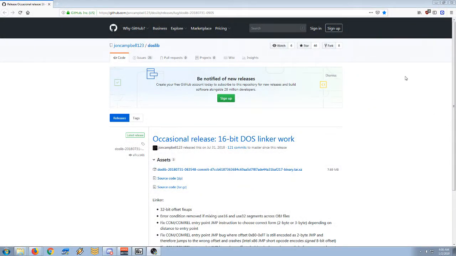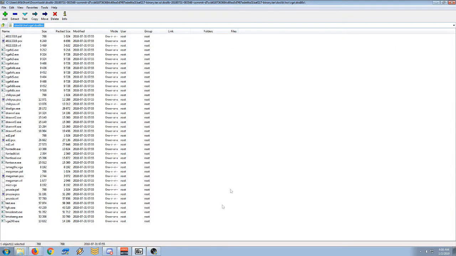In order to get the files that you're going to need, you just need to go to GitHub, and this is the address up here. It's going to be the latest release as of this video, and it's going to be this file right here at 7.69 megs. Now the file itself is rather large, and there's a lot in it, so if we drop into it, I just went and navigated to the folder you're going to need. So once you open it, you want to drop into doslib, hw, vga, and I went with dos86s. There are multiple versions. This is the one that I went with. The file you're going to need is down here,